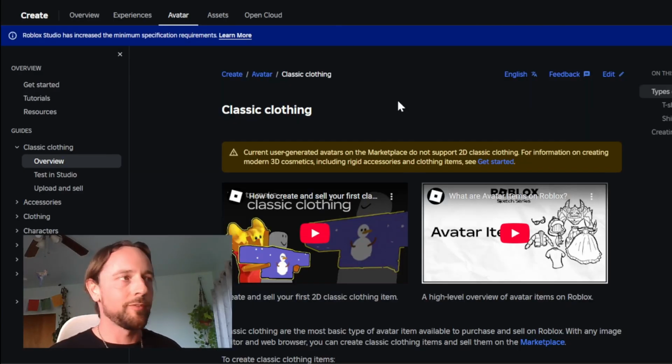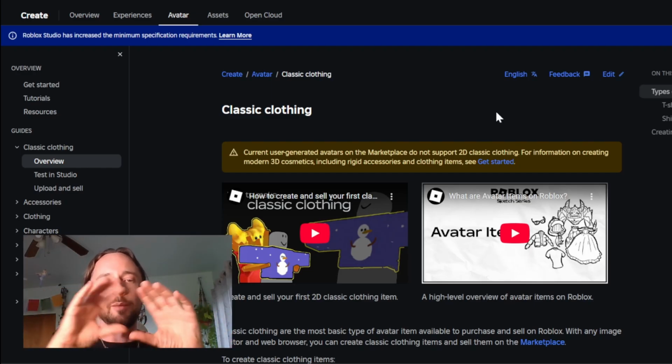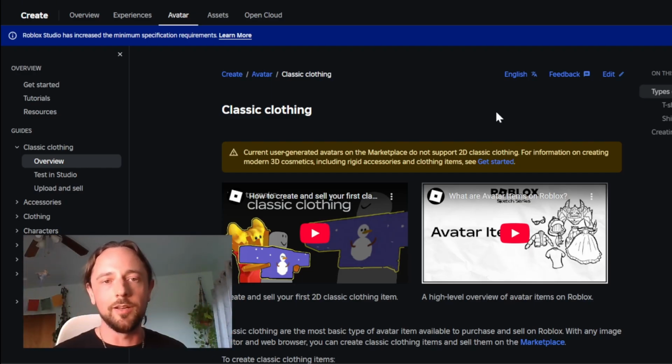So what we'll be creating for this exercise is a classic clothing article for Roblox. A classic clothing article is basically just a two-dimensional design that gets wrapped around your Roblox avatar. One thing to note is that the current user generated avatars, so the newer avatars, do not support this two-dimensional classic clothing. So for example, if you wanted to create more advanced clothing or accessories or things like that, you